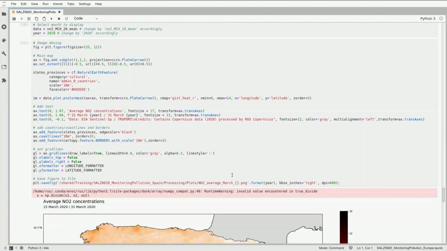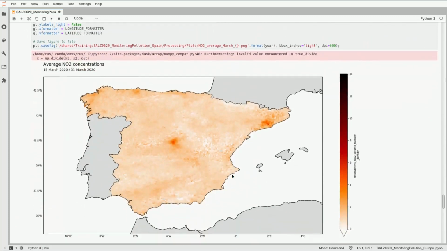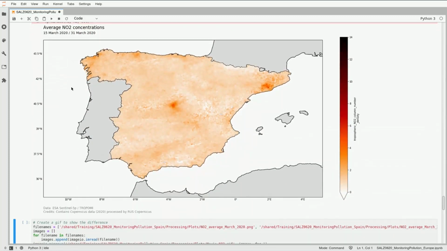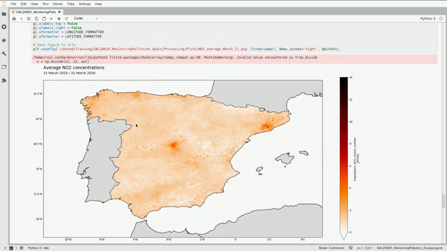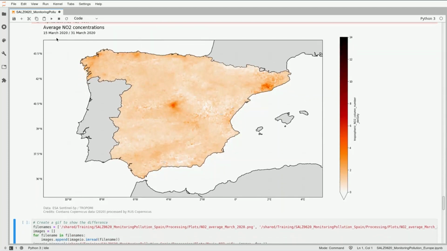Okay, here it is. As you can see, the graph changes automatically. Sorry, I was just confused. So the graph changes automatically with the time information. Here we are seeing the average NO2 concentrations from the 15th of March 2020 to the